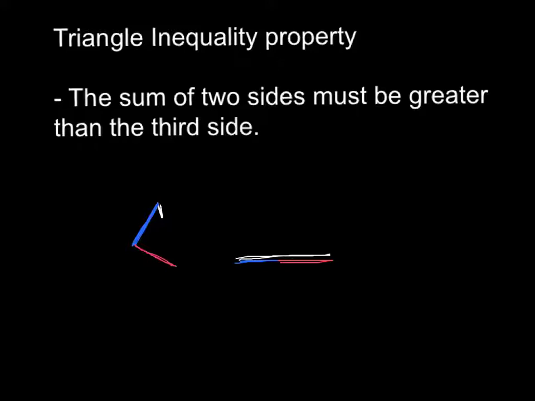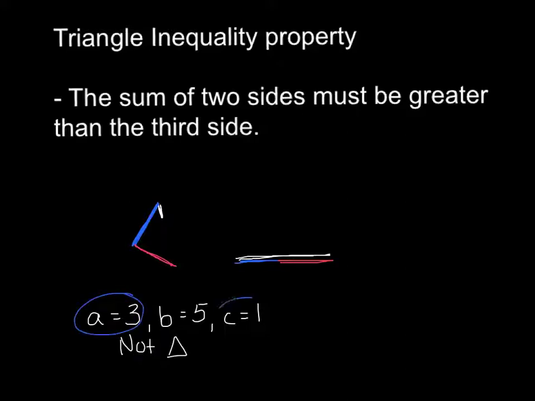So for example, if I gave you one side equals 3, another side equals 5, and the next side is equal to 1, this is not going to be a triangle. Because 3 plus 1 is 4, which is less than 5, so it's not a triangle. On the other hand, if I let A equal 3, B equal 5, and C equal 6, if I check, 3 plus 5 is 8, it's larger than 6. 3 plus 6 is 9, greater than 5. 5 plus 6 is greater than 3. So this is a triangle